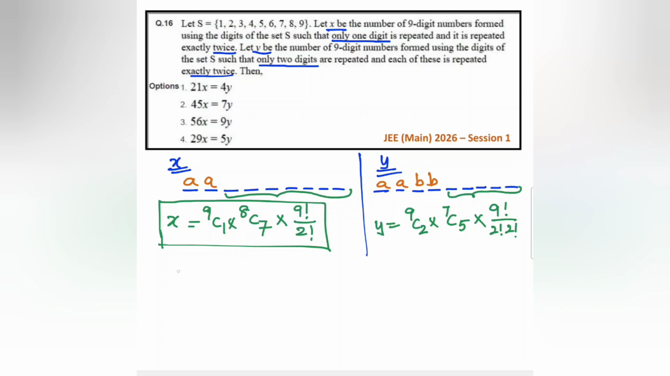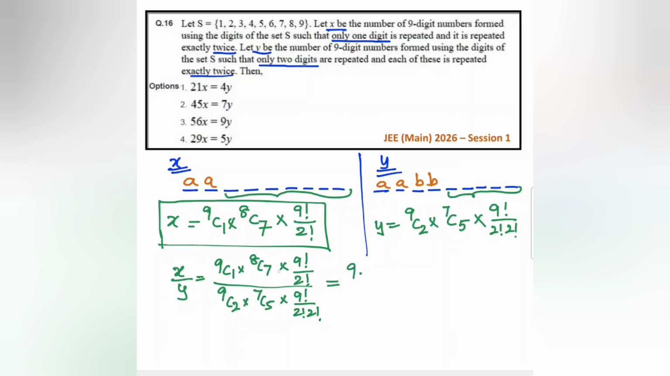Now let us try to find out x by y. Instead of evaluating this and wasting time, let's find out what is x by y. So 9C1 into 8C7 into 9 factorial by 2 factorial, divided by 9C2 into 7C5 into 9 factorial by 2 factorial into 2 factorial. So this is nothing but